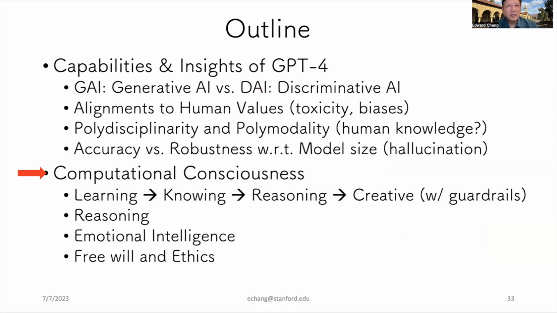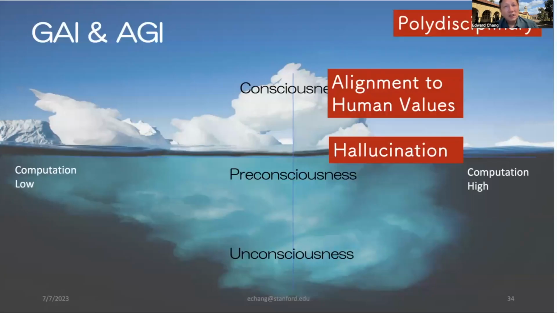So the next topic is about computational consciousness. With the remaining time, I'd like to motivate why we want to get into this discussion. Because a lot of people are saying, well, GPT-4 cannot do reasoning really well, and they're complaining that the problem is within the foundational model. I really do not consider so. Let's look at this picture we discussed so far. A lot of problems or features in GPT-4 are really in the consciousness domain. If the foundation model has no notion of consciousness, how can reasoning or empathy or emotional intelligence or ethics